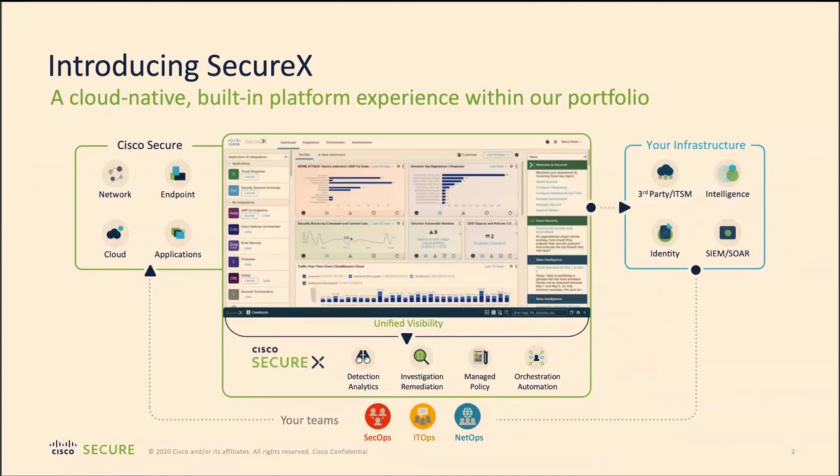So what is SecureX? It's the $1 million question. It is actually a platform that Cisco created to tie all the different Cisco solutions together. It's a cloud native platform, cloud native being all containerized microservices, so it basically scales automatically and transparently. So you never have to worry about that. But on the other side, all the integrations happening in the back end actually create this platform